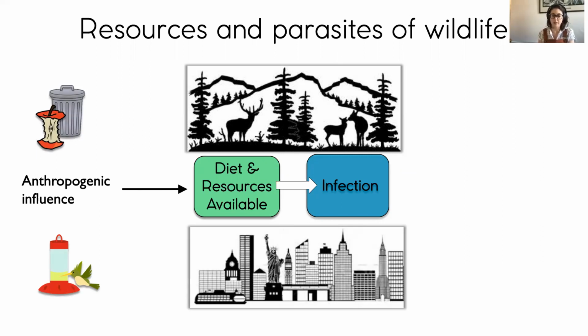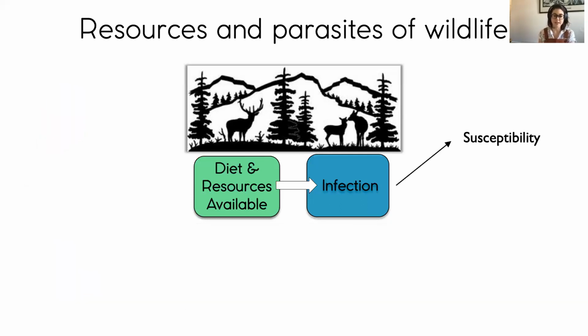And this can occur through accidental measures like animals being exposed to urban trash, or it can occur even through intentional supplemental feeding like bird feeders or management programs for conservation. So there's a pretty strong motivation to understand how these changing resources and environment will influence the health of wild populations. But this isn't a trivial task because these resources might influence the host via their susceptibility to